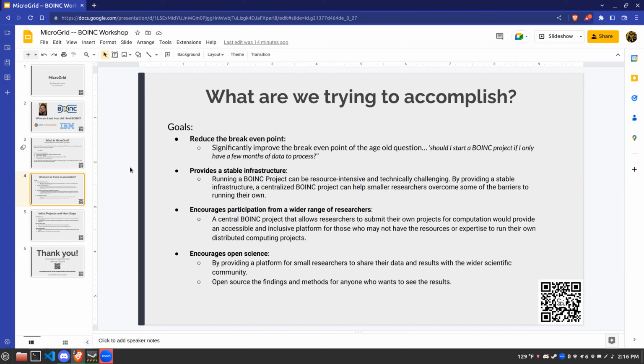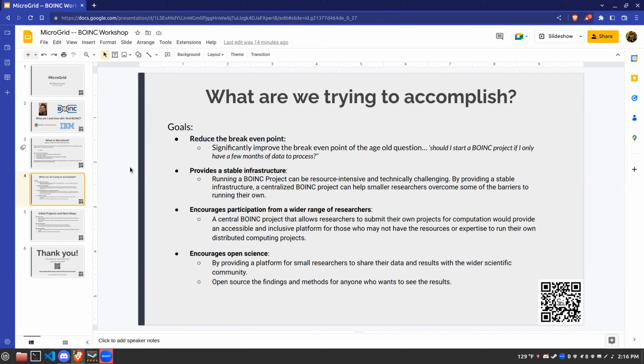The last thing is stable infrastructure. A lot of people, usually you don't have the triple threat of a C++ developer who can make an application, a hosting group who knows how to actually properly host BOINC, and the actual researcher who knows the data that's being pumped out of it. So it's very rare you're going to get that triple threat. If anyone knows anyone who's that triple threat, please tell me their email address. I would love to talk to them.